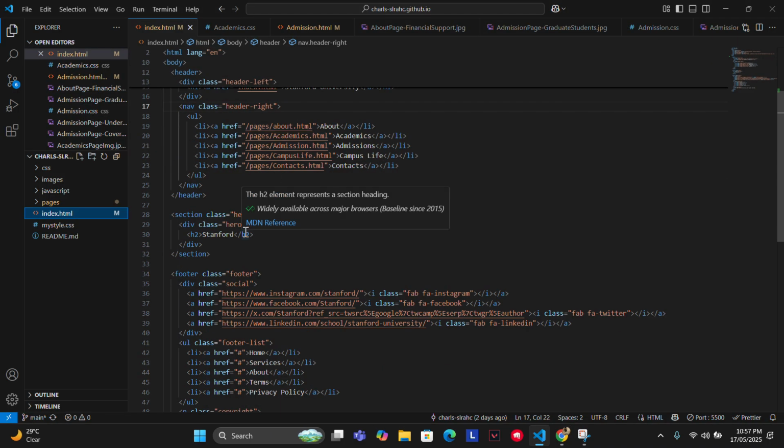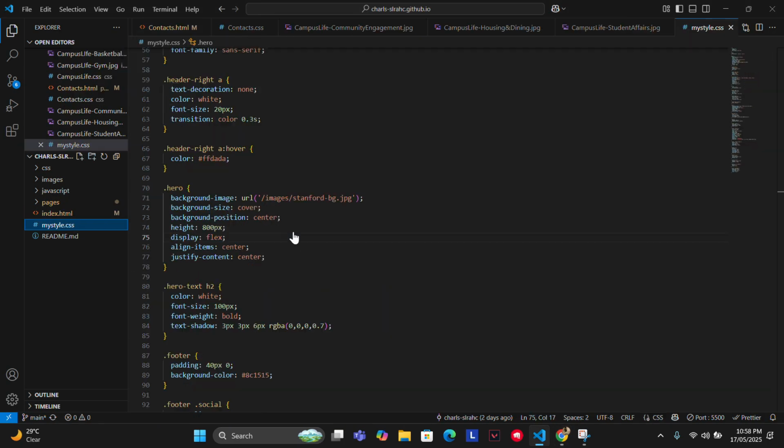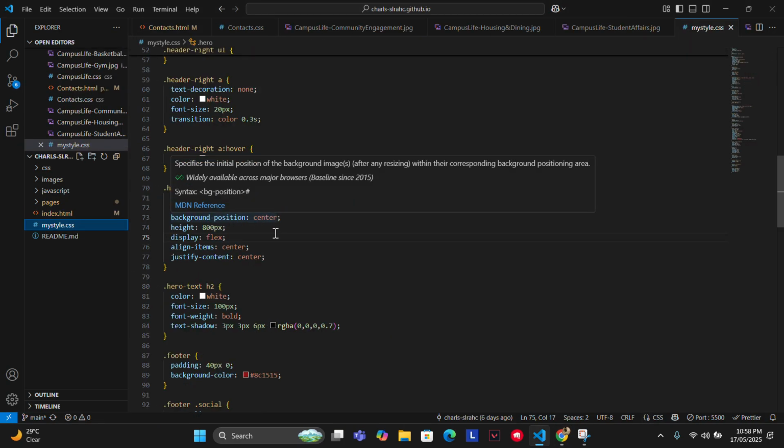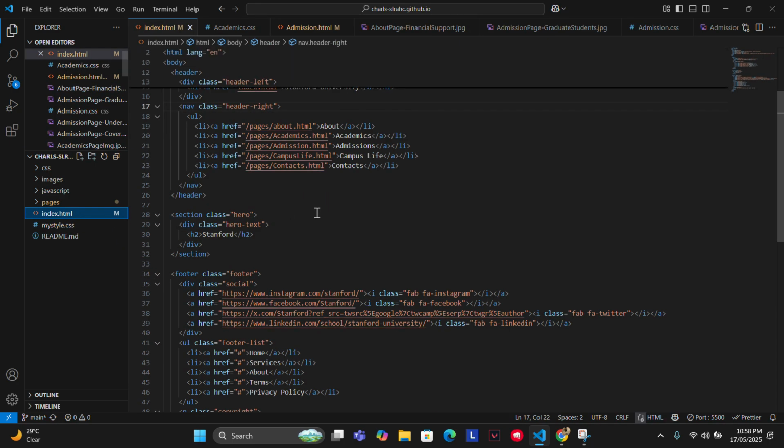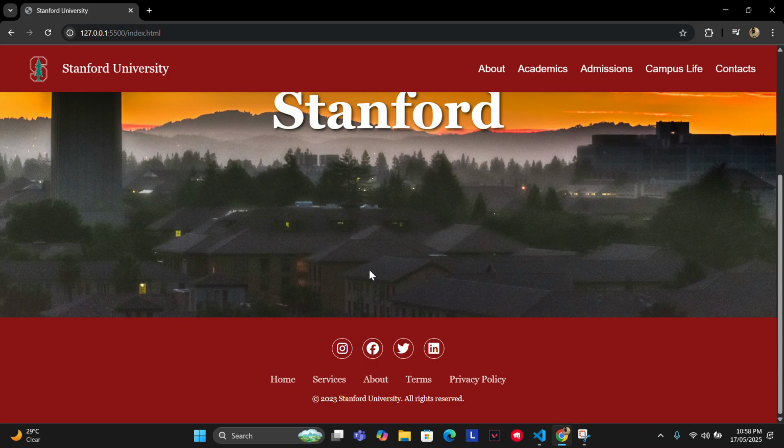And next is the hero section. This is the large eye-catching banner with the background image of Stanford University. This is the Stanford title centered in the middle, and this section uses a flexbox for centering and styling. And at the bottom of the page is the footer. The footer contains